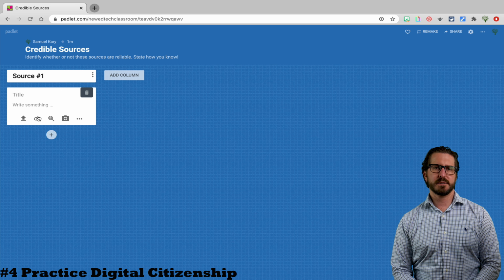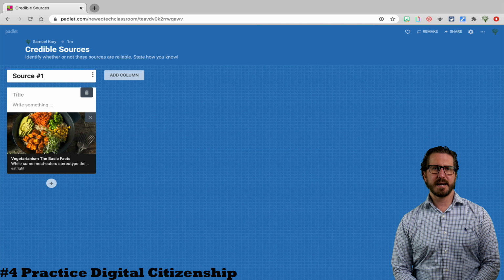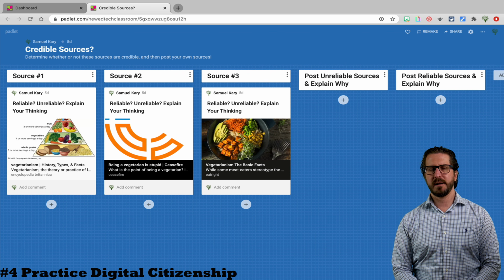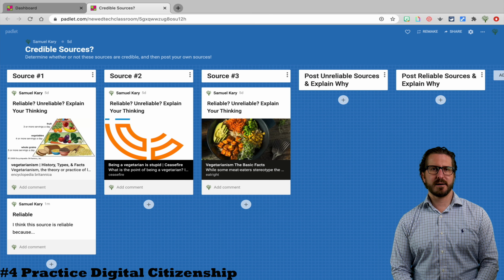So what I'll do here is use the insert link tool, and then I'll bring in some different URLs of websites in order to have my students evaluate whether or not those different sources are reliable or not. And then as they're collecting their own sources for the topic that you're researching, they can start to put those in the relevant column, either saying that they think that they found a source that's reliable or that they found one that's unreliable. An activity like this will also just help you pull together a bunch of different sources in one place that students could come back to and reference if they need some more information for what they're researching.